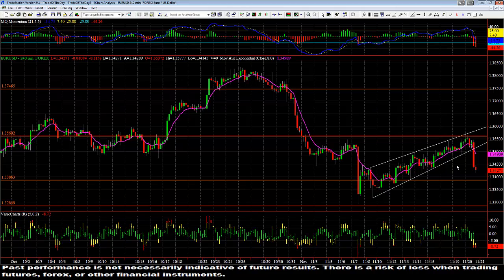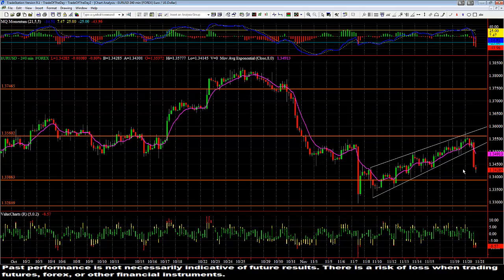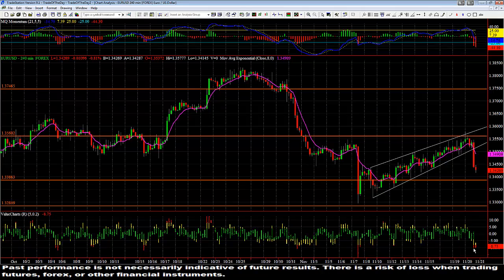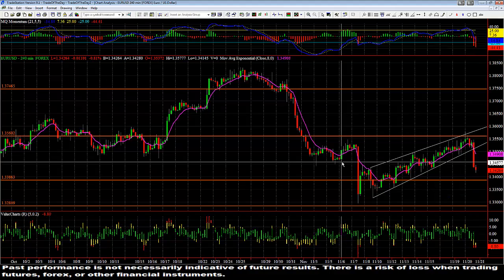So I just want to show you how these zones work, and how to manage trades a little bit. We can expect the euro probably to continue to move down here, but this sticking point right here is pretty significant. We're significantly undervalued as well, so we might see a little bit of retracement here. It should pull back up a little bit, maybe not too much, maybe around the 3463 area, right along these lows here. That's where there's